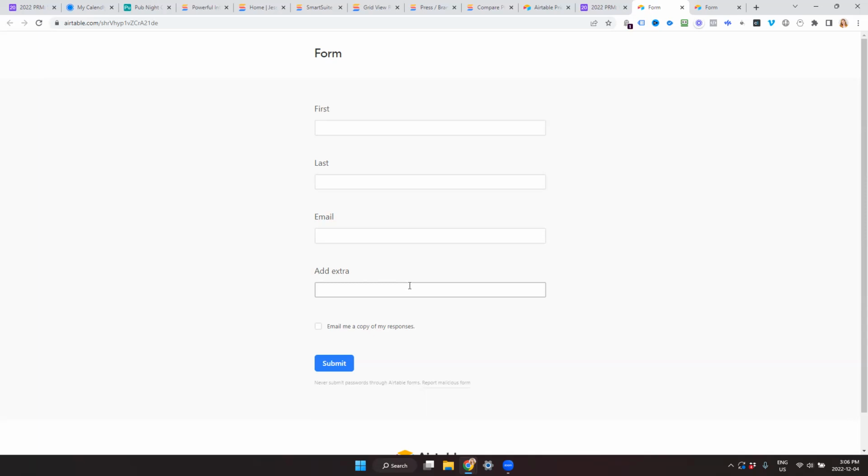And you could even hide fields like their email so that it is always just lined up with them. So you can use it to collect email from other people, or you can use it as an internal form. So if I send this form to them, what would it come up as at their end? It would come up like this.